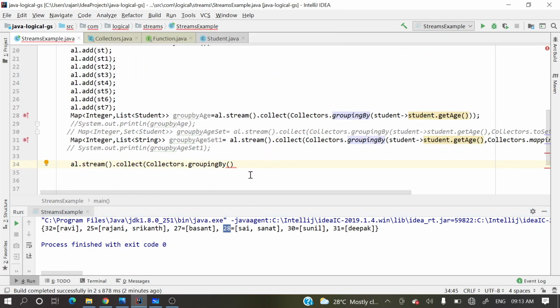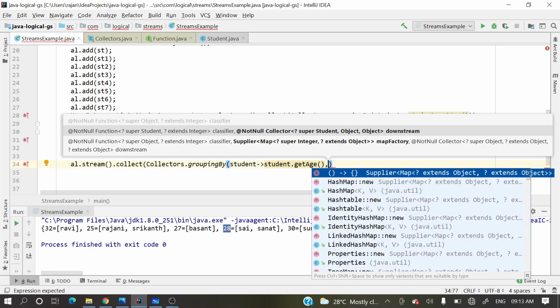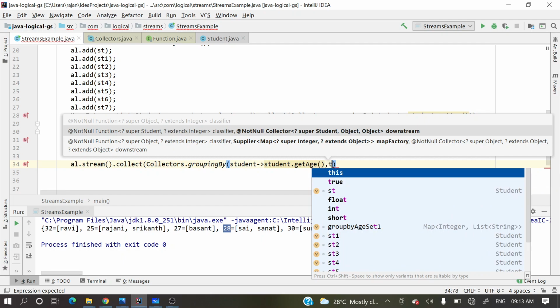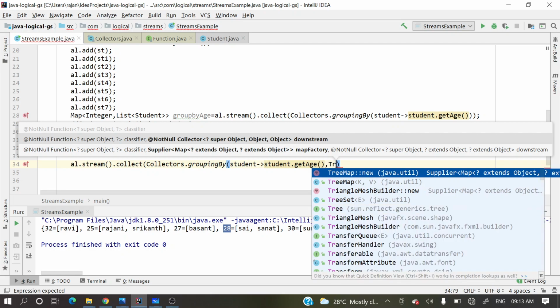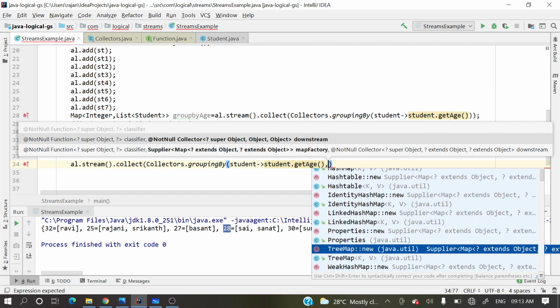So let me write it quickly over here. I already have this lambda, then a supplier function. Suppose we need, instead of HashMap, let's take TreeMap. Let's not take TreeMap, suppose some other implementation we'll take. What others are there?